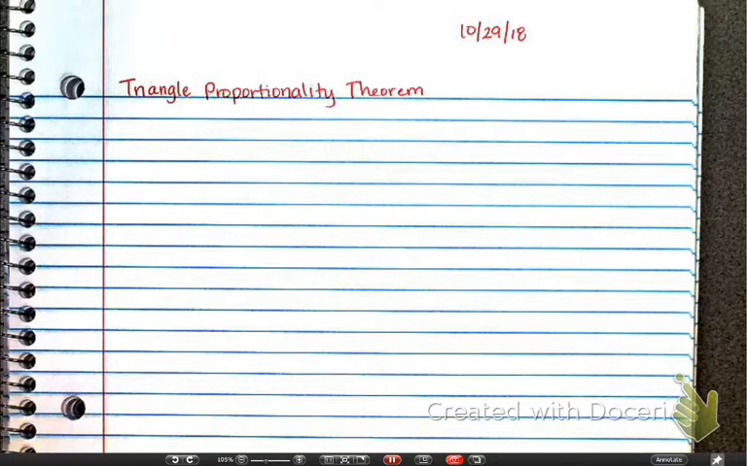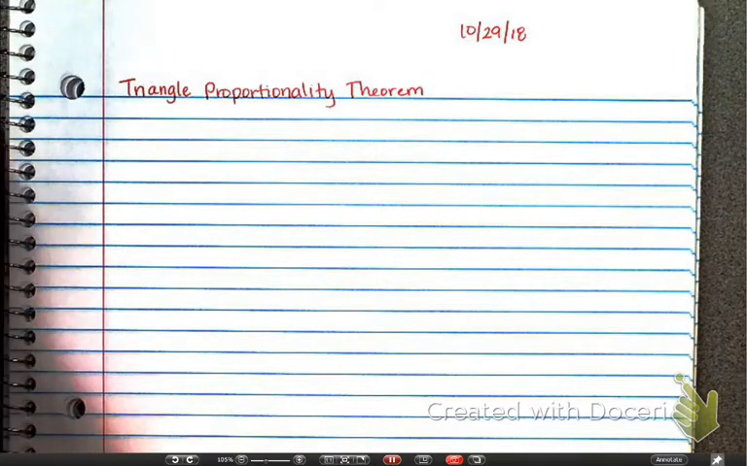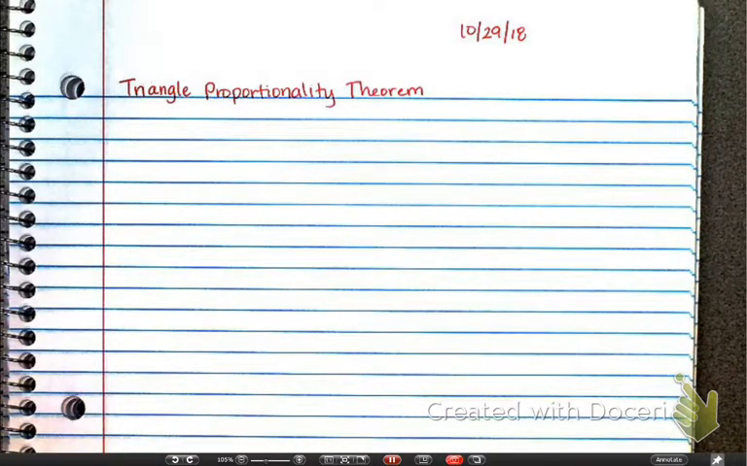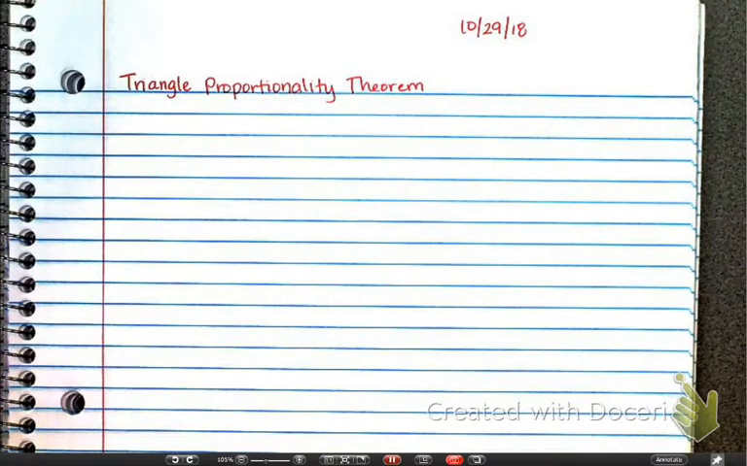Each problem is going to be different, but I'm going to let you decide how you want to go about solving each of them. So I'm going to give you the theorem to start, and then we'll go through and decide how we want to solve each problem. So